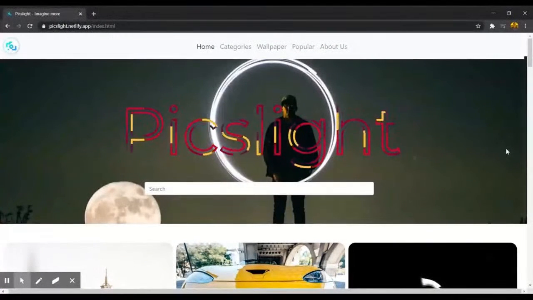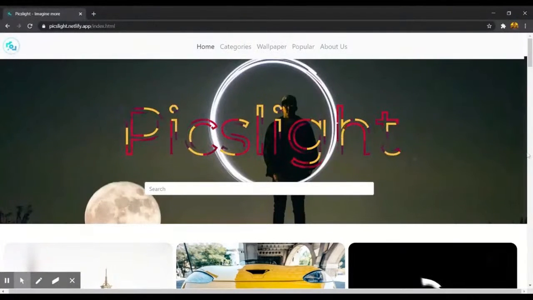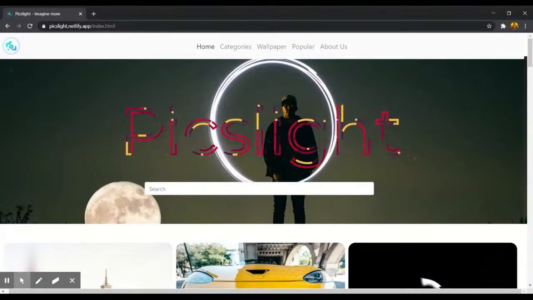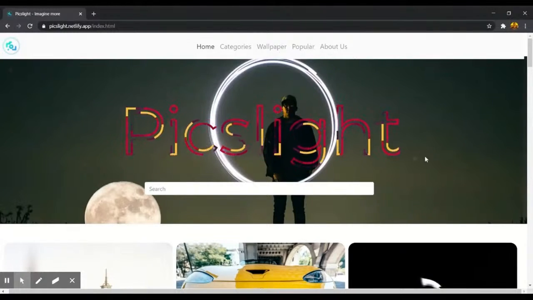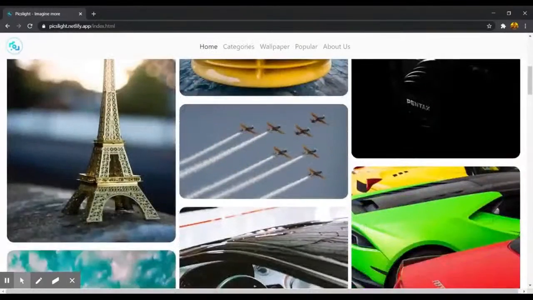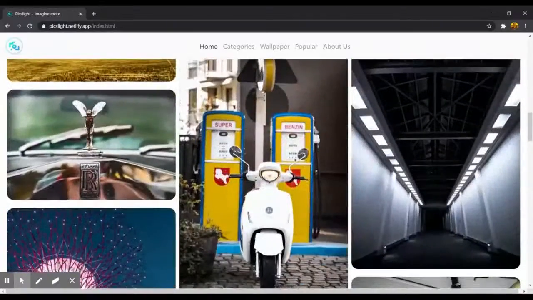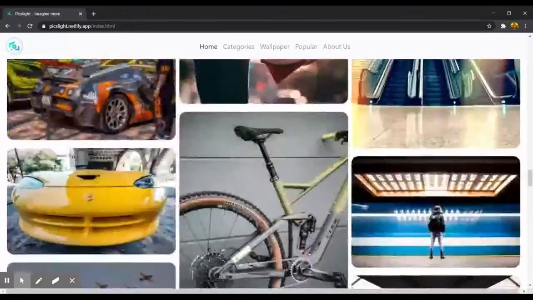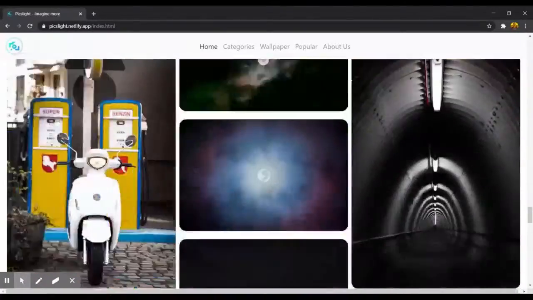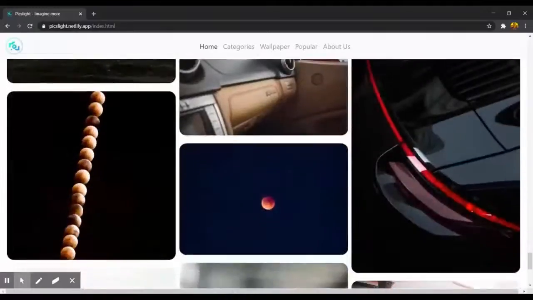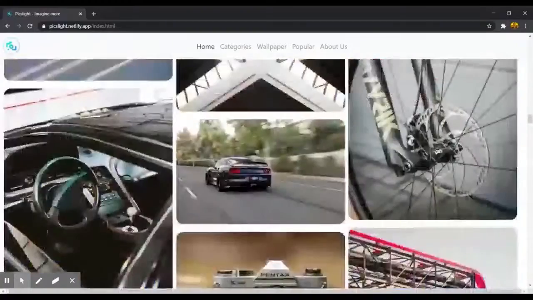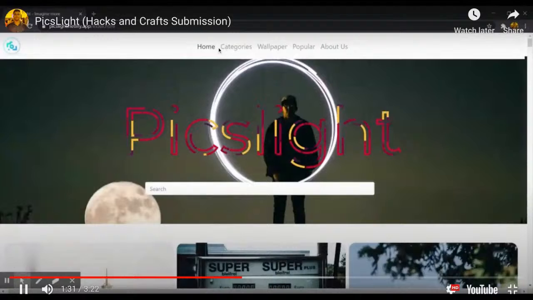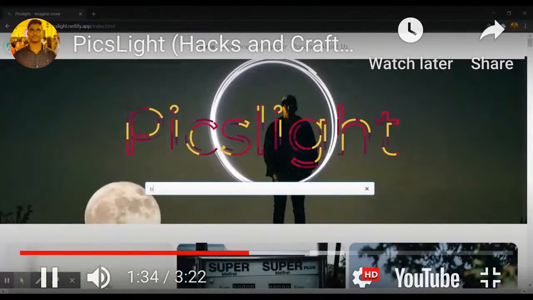Here's the homepage of our project and a logo of Pixlite, that is our project's name. And below that, the image that you see changes automatically after 5 minutes. And below that, there are some great images from the best photographers around the world. It comes with an infinite scroll option, so you can keep going by scrolling and scrolling. Now let's go to the next feature of this web page, that is we have a search bar. We can write any keyword like